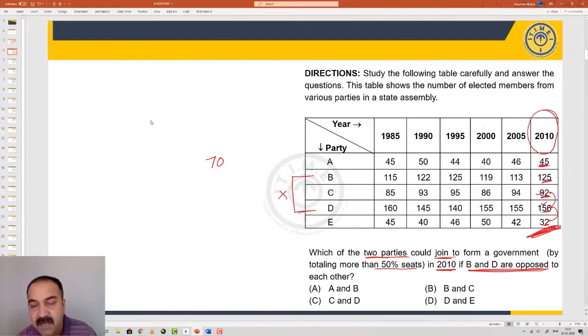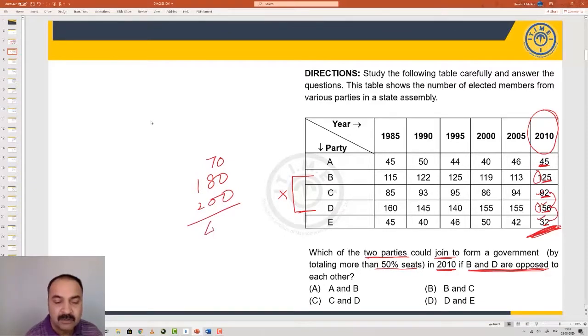100 with a 50 will make it 150. 150 with a 30 will make it 180. And now we'll have to add up the hundreds. That is a single 100 here and another 100 there. So therefore, two more hundreds join. So 380 plus 750 plus 700 is going to be 450. So total number of seats in the election in 2010 is 450. To achieve 50% of the seats, you need to do at least half of them.